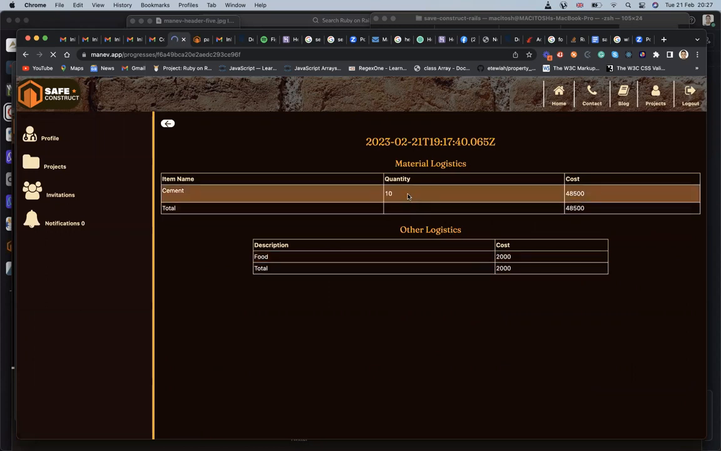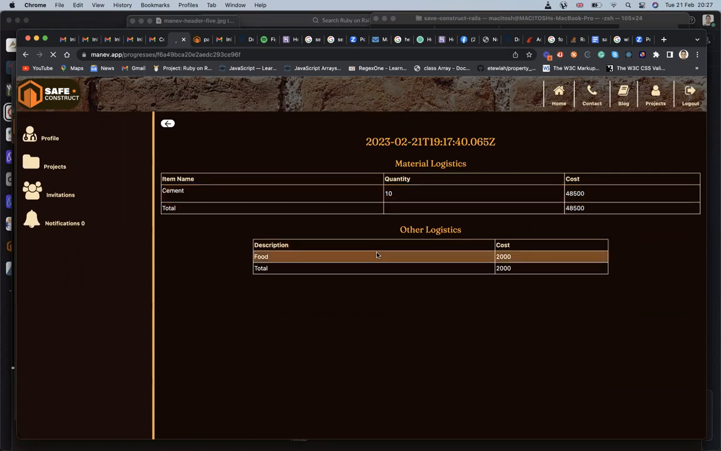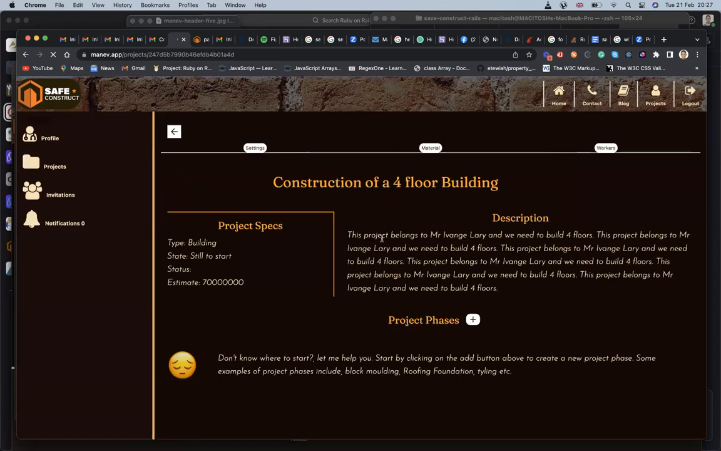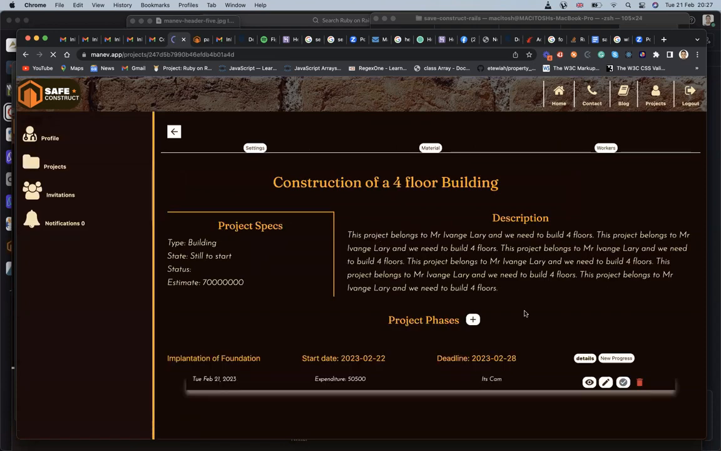Do we think maybe the technicians overdid by using 10 bags of cement? Do we think maybe the money spent on food is too much, and the rest? So he does some calculations on his own, then decides whether to validate this progress or not. And if he decides to validate the progress, then all he needs to do is to click on this